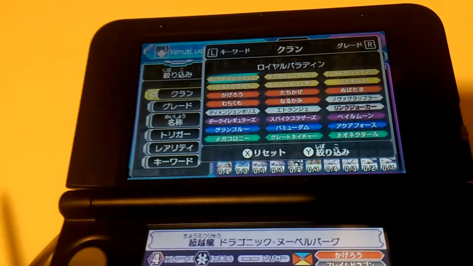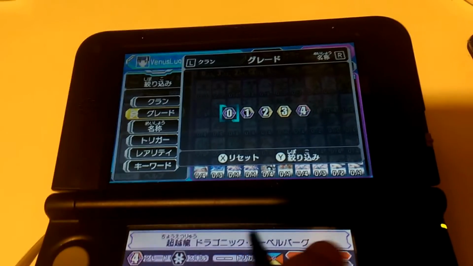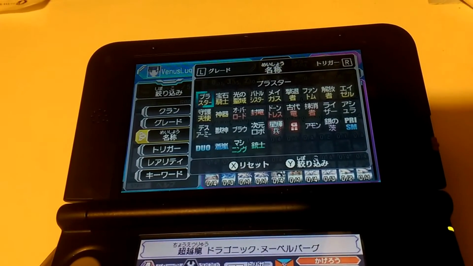So we'll make it really simple. I want Royal Paladins. I want grade zeros. Sorry. And I want...